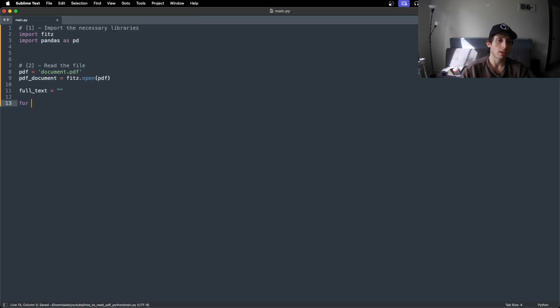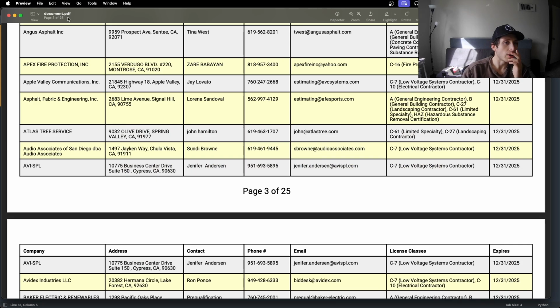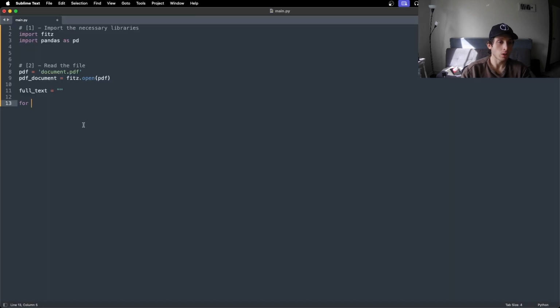We're gonna be using a for loop because I think that's a very good tool for iteration. So let's use a for loop, and we're gonna iterate through every single page of the document. Right now, as you can see, I have 25 pages. So we're gonna iterate through each one and get the text of each page. Page number in range len